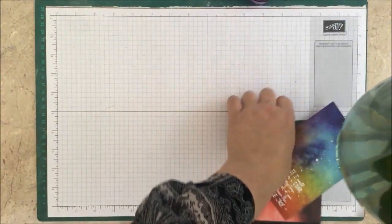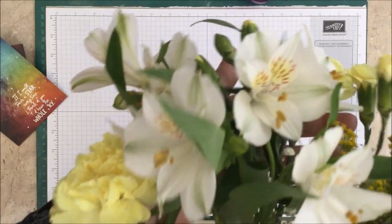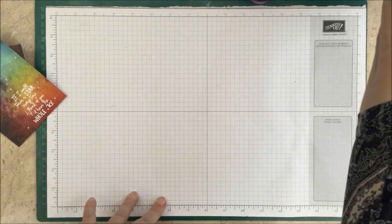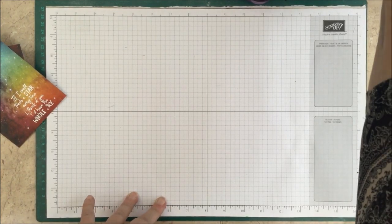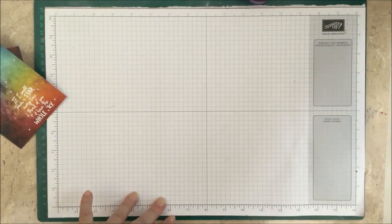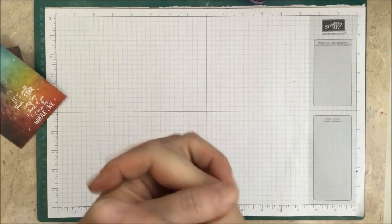I'm not sure if I can even get this beauty anywhere near. If you could see these, I can't get them in view properly. But can you see how precious these flowers are? And you're only seeing one tiny fraction. This really is a huge bouquet. And it got me wondering who would send me, first of all, a beautiful bouquet. And it turned out to be one of my friends, Angela,